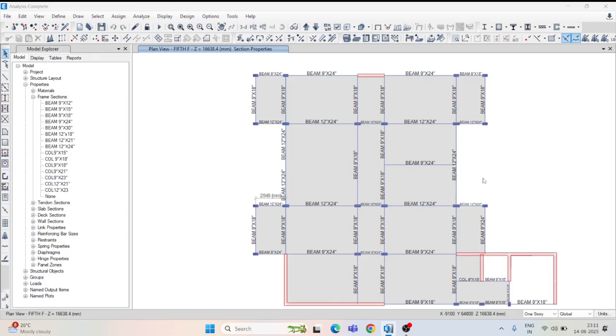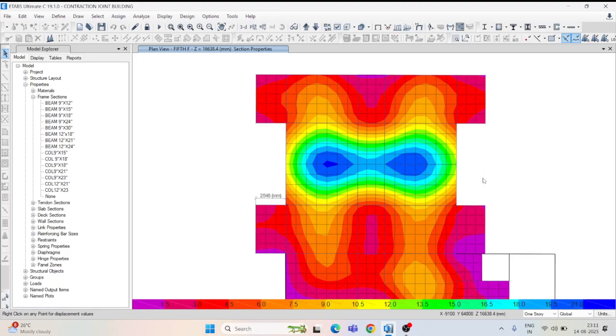We'll see how much deflection is getting after increasing the depth of the beam and all. There are different options. You can increase the depth of the beam, you can increase the grade of the concrete and all to control the deflection, or you can add one more beam if it is needed, so it will be also better for that. Okay, so see how much is getting.